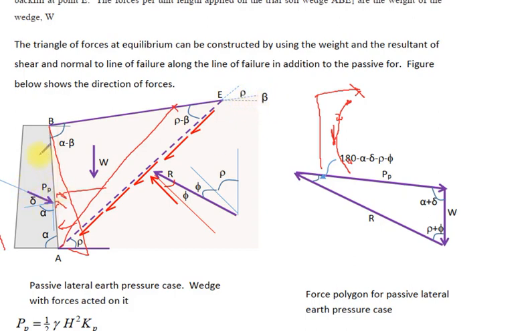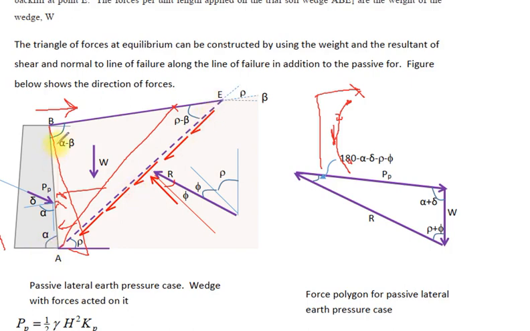There is friction between the wall and the backfill soil. We assume that the wall moves toward the soil to induce the passive case, and assume that the rupture line or line of failure extends from point A to point E